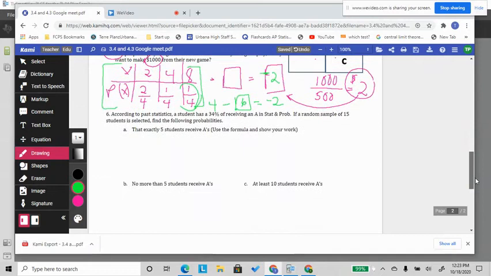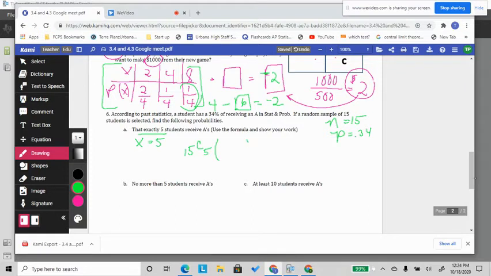All right. According to past statistics, a student had a 34% chance of receiving an A in stat. In a random sample of 15 students, find these probabilities. Okay, so we have our n is 15, and our probability is 0.34. We want x is exactly 5. So remember, every time you need an n, p, and an x. I'll write it different ways. I can write it as